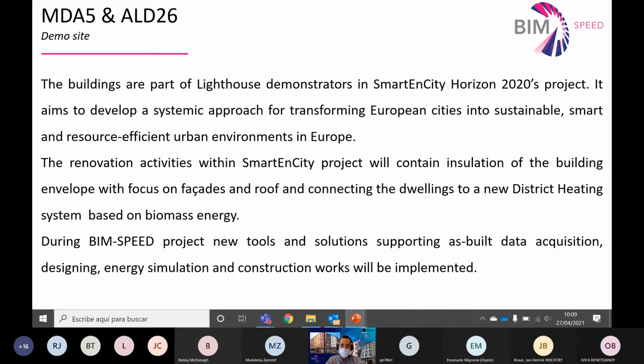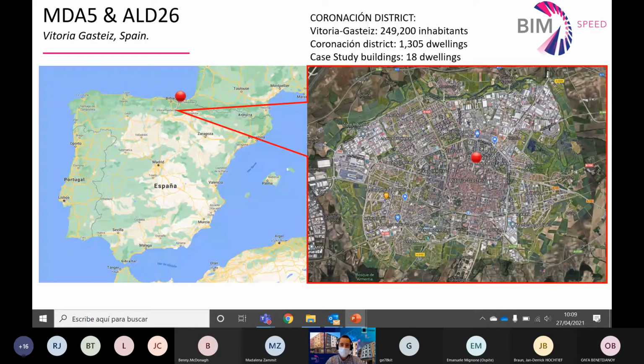During this Bim-Speed project, new tools and solutions have been tested in this case study, and you will see some of them in the next half an hour, in the hour and a half. Just to give a little bit of context of this case study, the two buildings are in the city of Vitoria-Gasteiz,